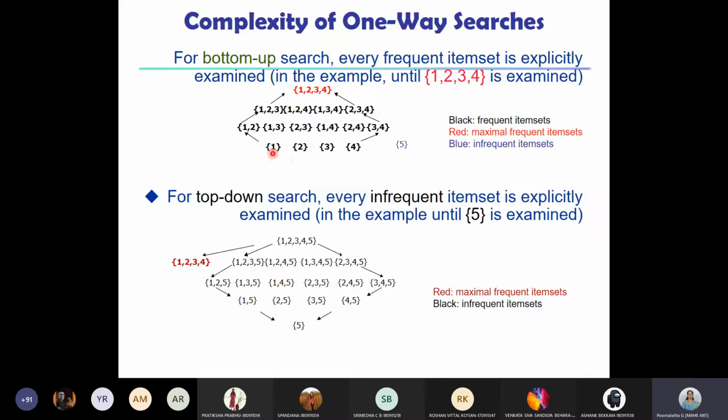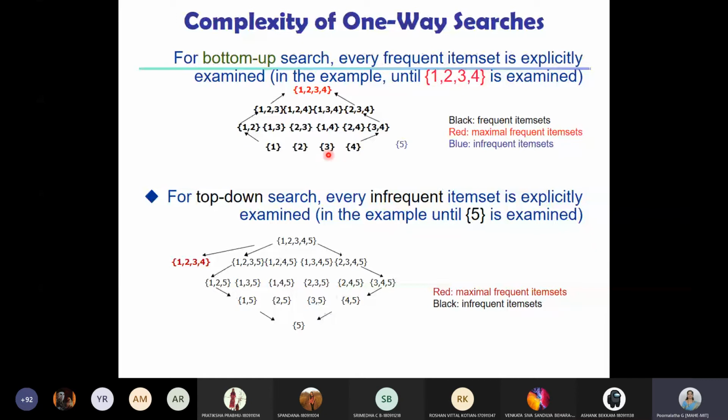1, 2, 3, 4 are L1, that is the frequent one item sets. We don't use item 5. Why are we not carrying it? Because we know that if any item or item set is not frequent, then definitely its superset also cannot be a frequent one. That's the idea. That's how we are going to reduce the number of item sets.